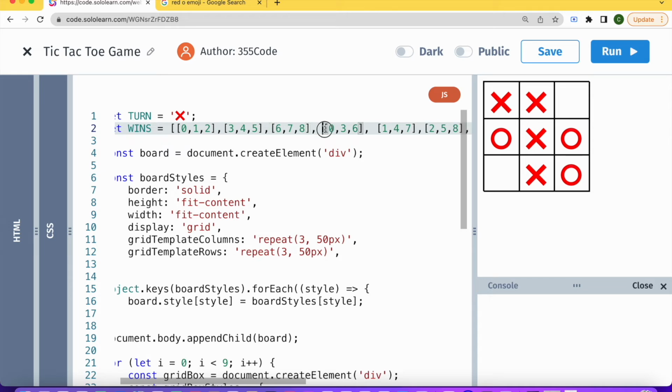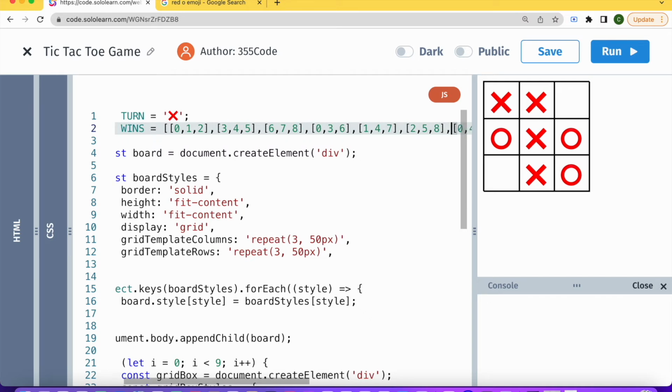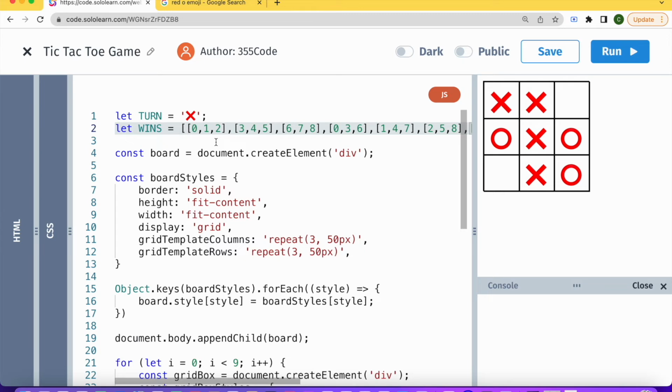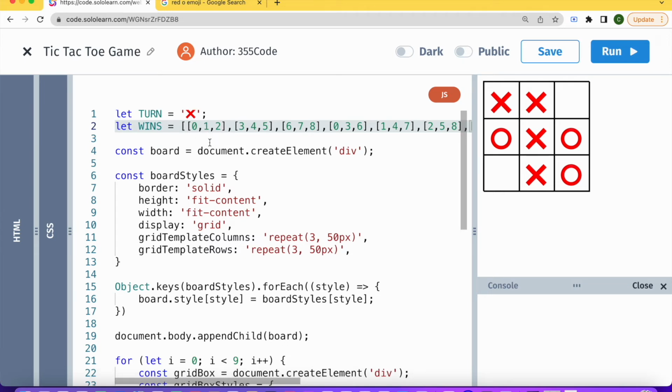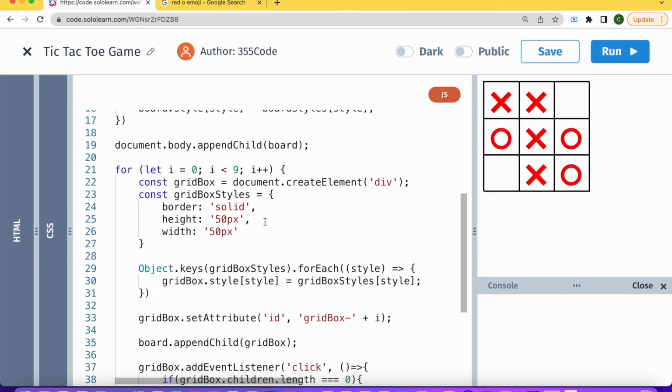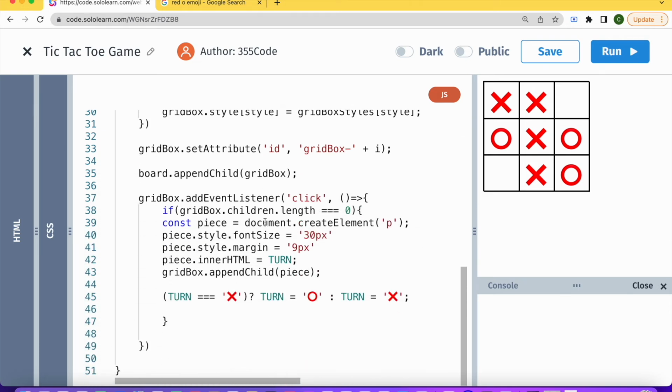And now basically what we're going to do is each time we place a piece, we are going to check if each one of these arrays is complete. And if one of them is complete, then we know that it's a winning piece. So let's dive into that, and then you'll see exactly what I mean in terms of going through each one. So after we put a piece down,